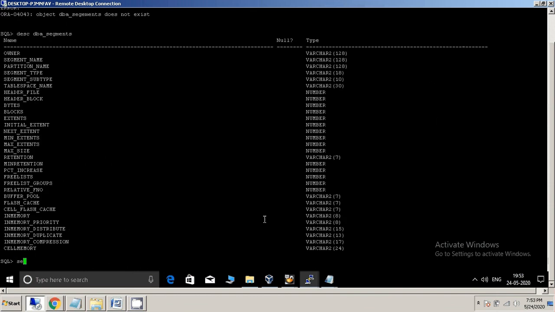Select owner, segment name, bytes. Better to go for MB from DBA_SEGMENTS where segment name is equal to EMPCP.